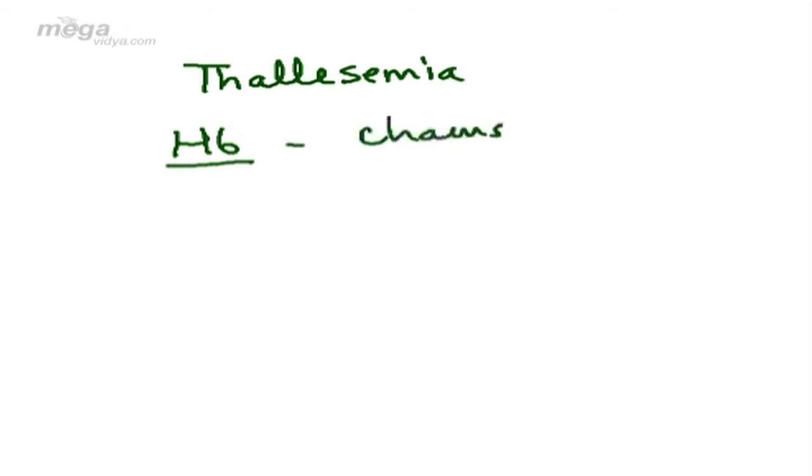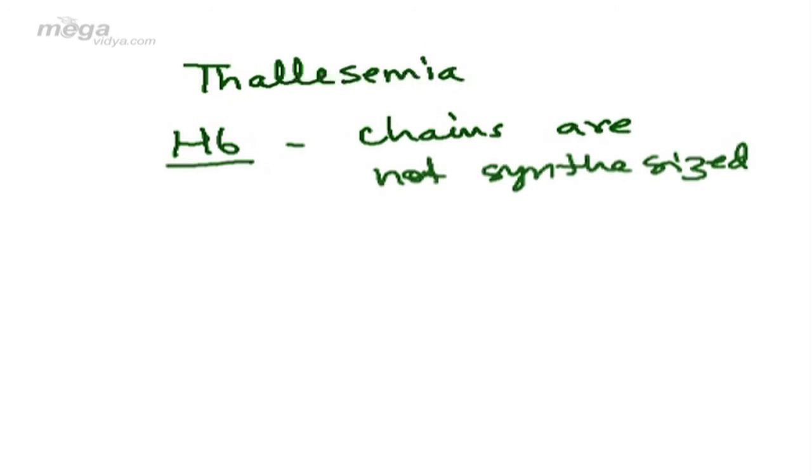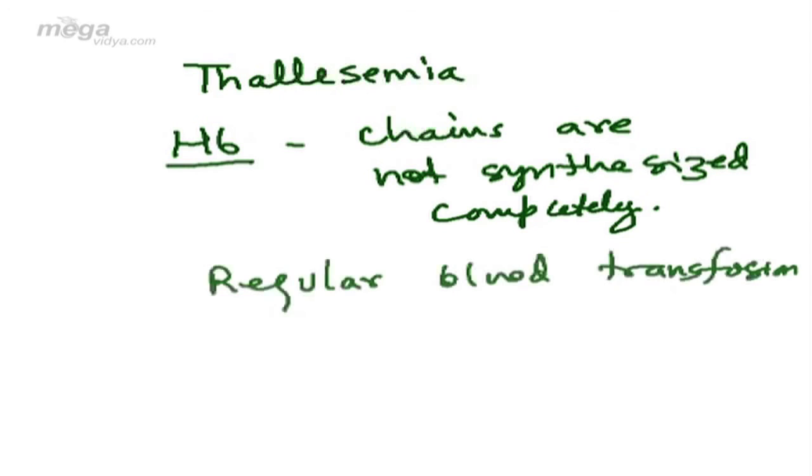In some children, a genetic disorder, thalassemia, develops, in which the hemoglobin chains are not synthesized completely. Therefore, these children require regular blood transfusion. Coming back to RBC,